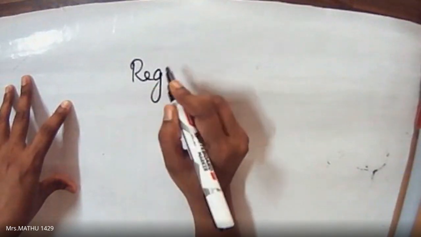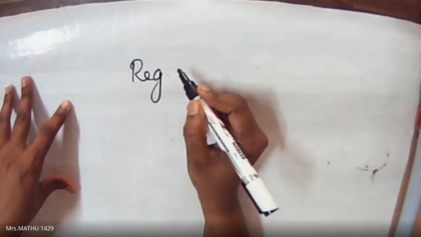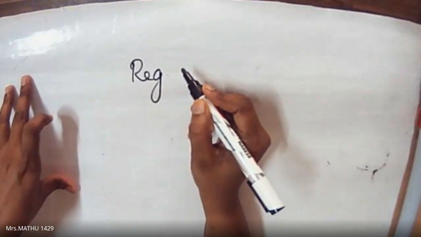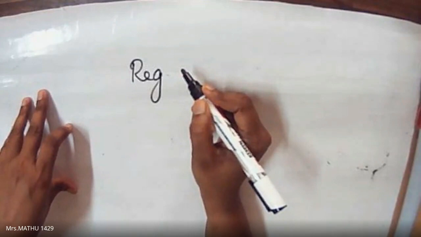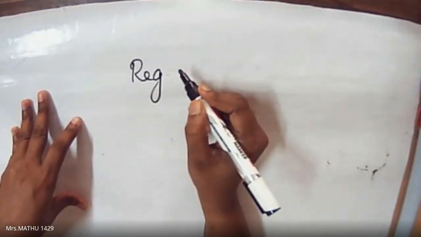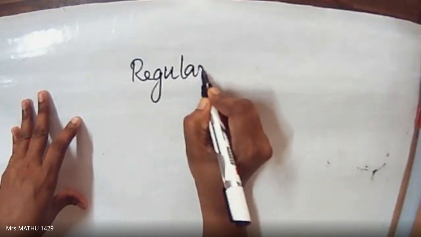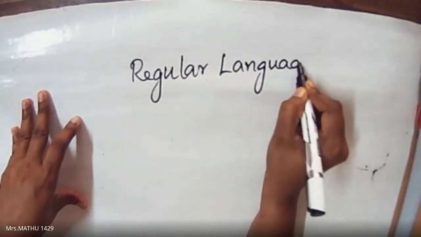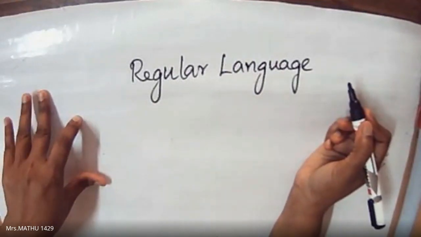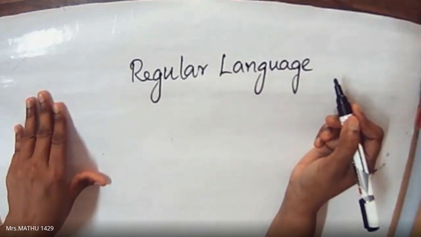If you want me to write a little bigger or a little clearer, please let me know, because only if you give me feedback will I be able to improve. If you're not able to see it properly, or if you want me to write it bigger, whatever it is, please tell me. Otherwise, is it okay now? Yes, ma'am. It is okay.